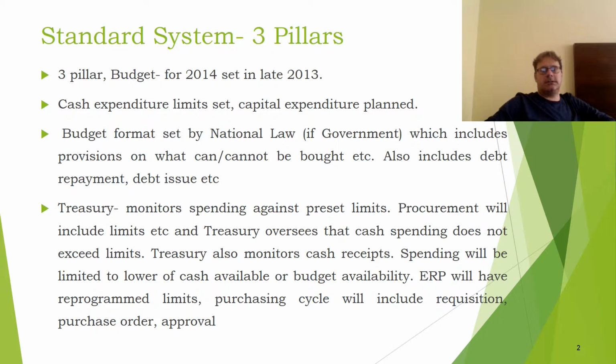So a standard accounting system, and particularly accounting systems for government, work on what we call a 3-pillar system. So you've got 3 pillars. Your first pillar that I'm going to describe here is your budget. So what happens is that you have a budget. Your budget says how much are we going to spend on ABC, what's the permitted levels, and the other thing